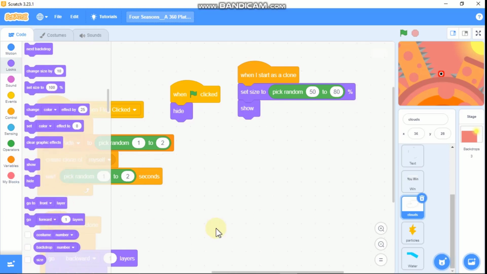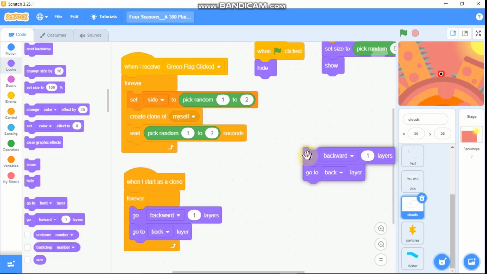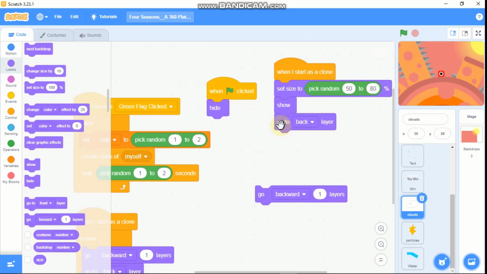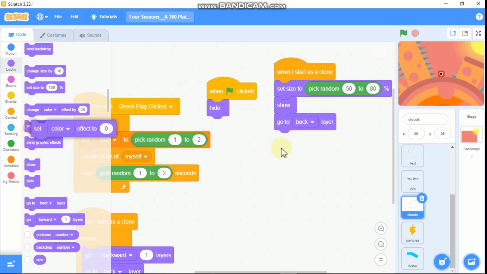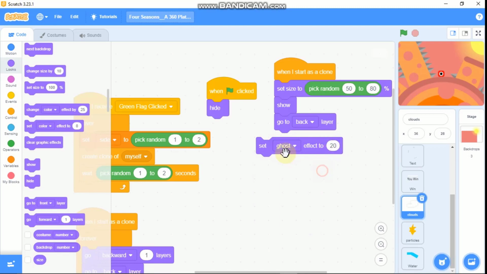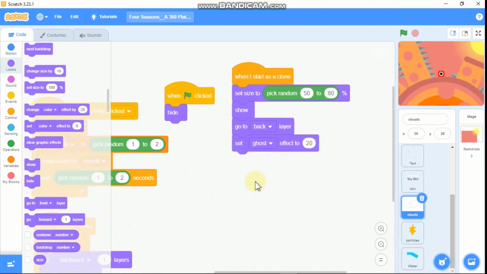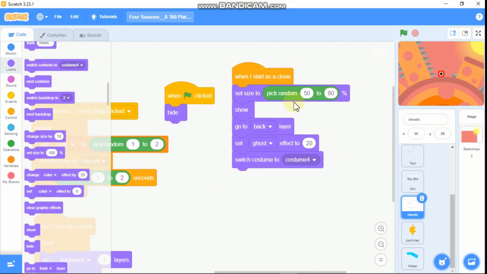So we need to go to back layer, and then we need to set our ghost effect to 20, and then we need to switch costume to pick random from 1 to 4,